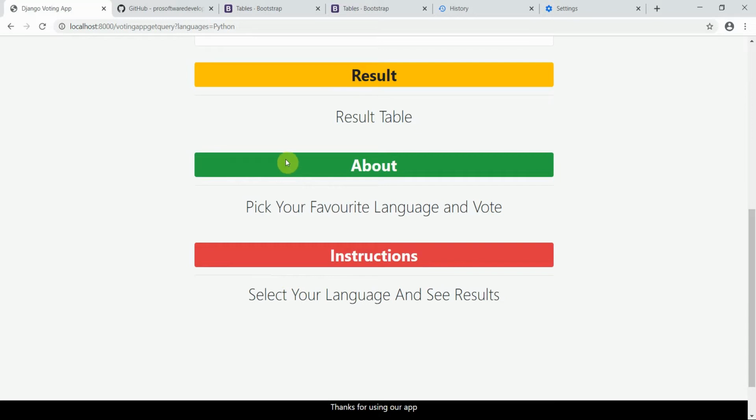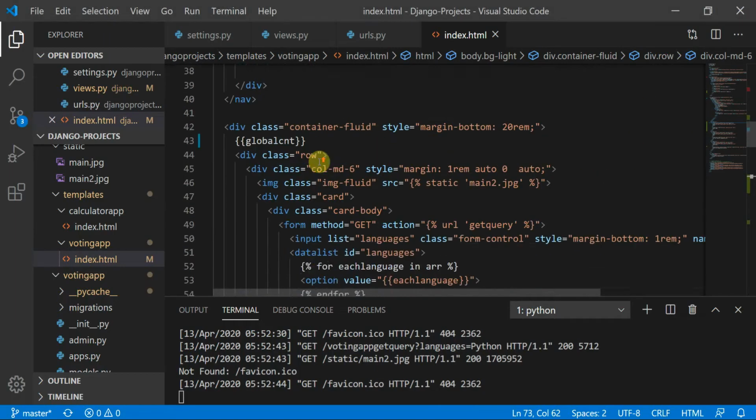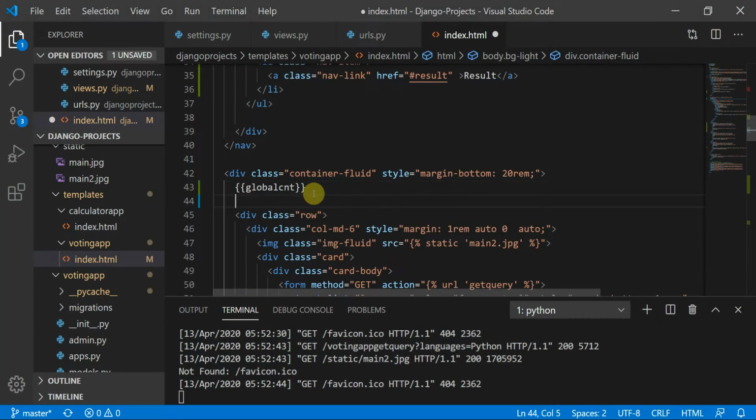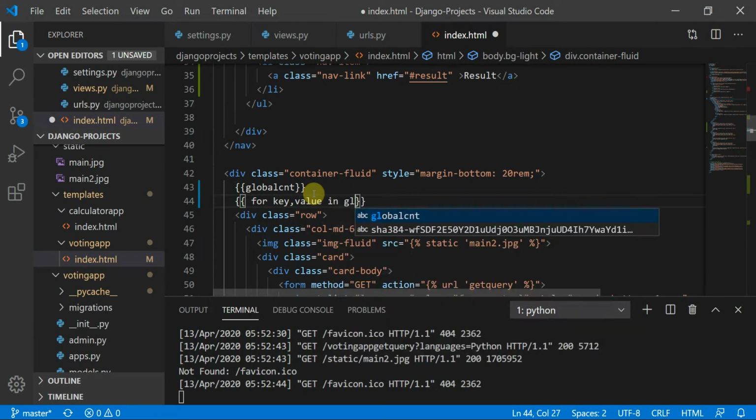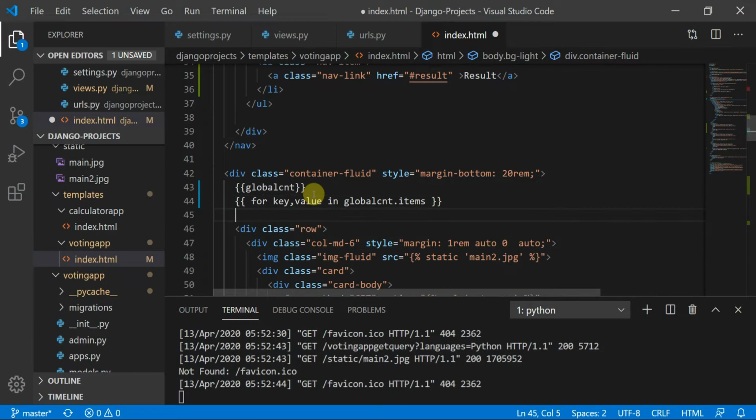So what we are going to do: first we are going to render the dictionary to the front end part. So I'll show you how you can do this. So this is a dictionary. What we can do is use a for loop for key, value in global count dot items. So basically I'm referring to both the items, that is key and the value, and then I would end this for loop